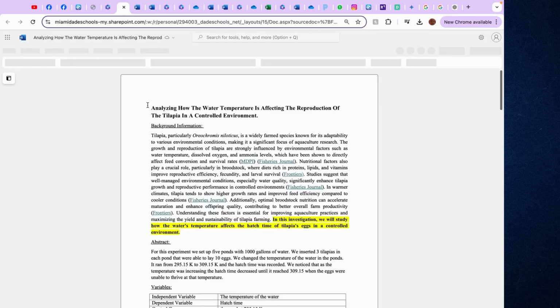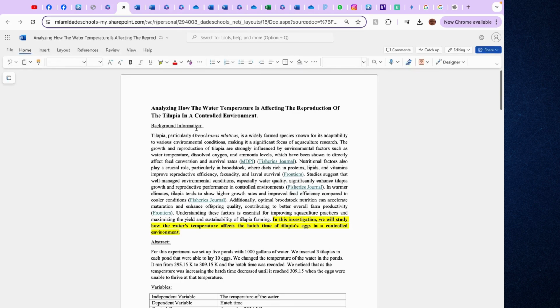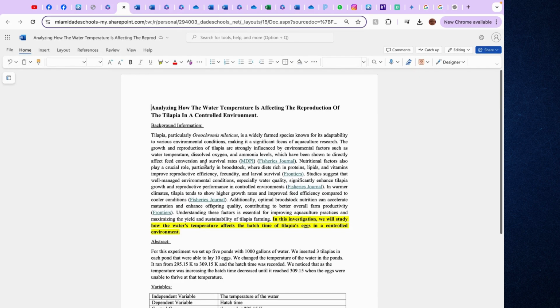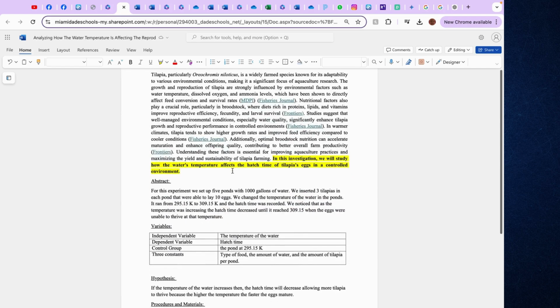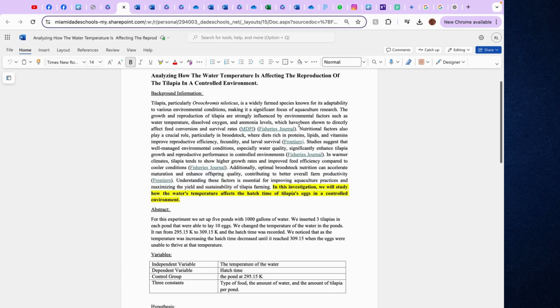See? You already had the title. We did it together. Background information. And I was showing you how to get all of this using artificial intelligence. And I told you that you have to add this last sentence. Remember that you don't have to highlight that. You don't have to put that in bold. I put that in bold and I highlighted that because I want you to see the difference between what the artificial intelligence was giving you, okay, and